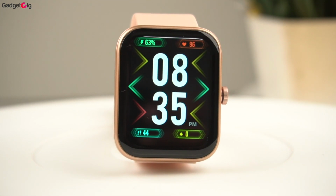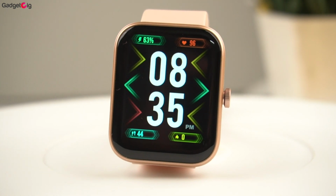So in short, if you're looking for a budget Bluetooth calling smartwatch under Rs 2000, then this is a smartwatch